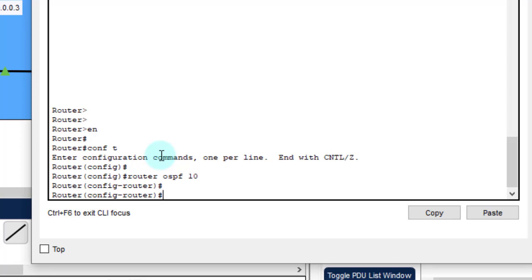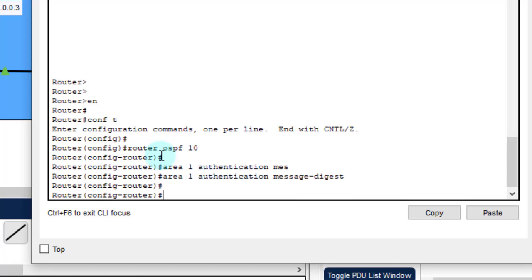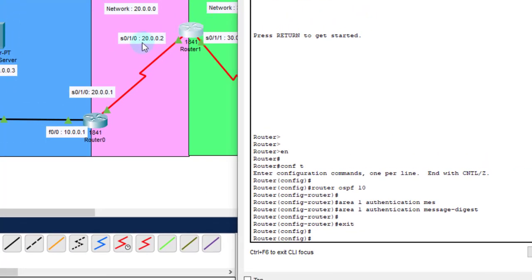The area ID is area 1. To enable the authentication we write area 1 authentication message digest. Then again exit.